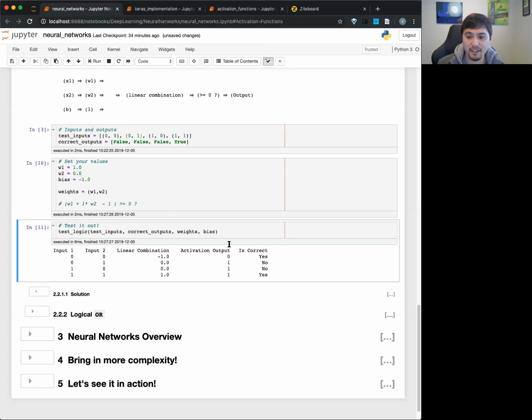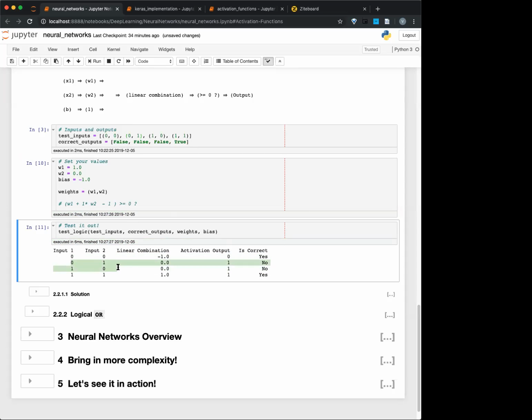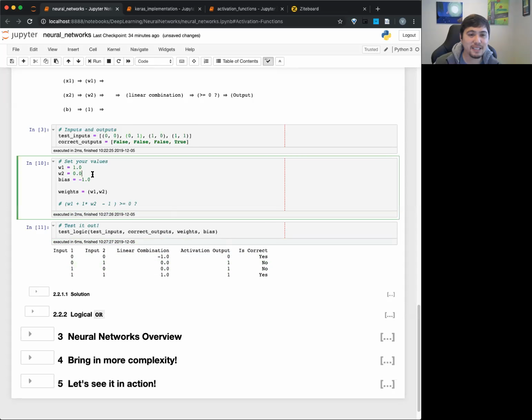And hey, okay, we got it right, but you can see here, not quite right. It looks like we did this right, but it isn't quite either-or, because we want these to be 0 as well. Anyone got one last guess of what we can change W1, W2 to be? Change them both to 0.5. All right, let's try that.